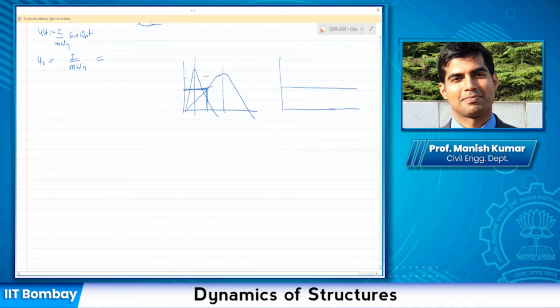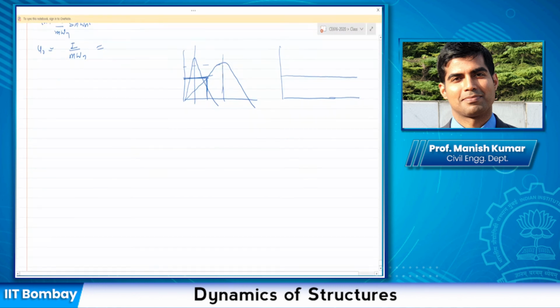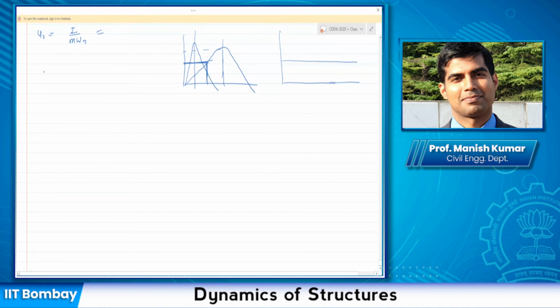For in this case, it is 1. And if it occurs after this, again, it would be 1. So response in this case is, remember, damping does not matter that much as it was the case for harmonic loading, in which the steady state, as you applied the loading, what happened? Okay, let us say it increased the response, something like this, and then a steady state is achieved. So the energy is dissipated over several cycles before the steady state is achieved.